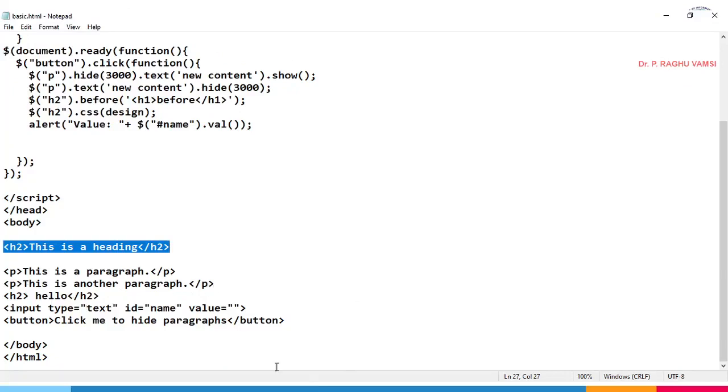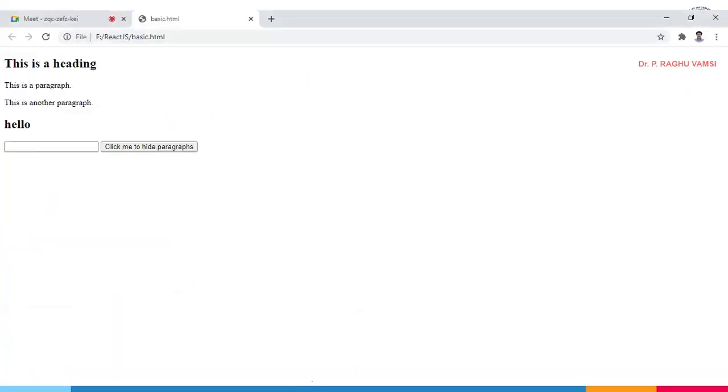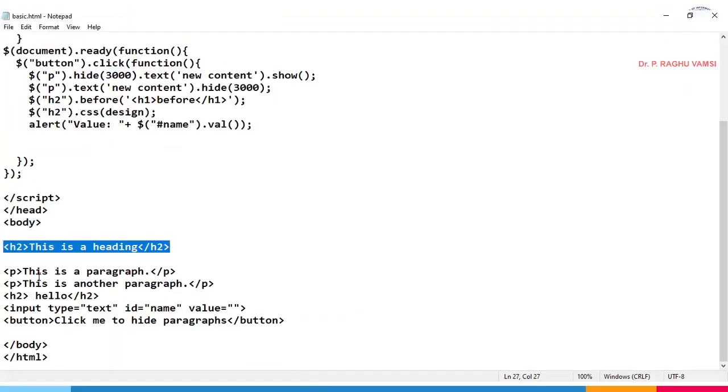Next is hello, which is in the h2 form. I have not written two different h2 styles in the next line somewhere, because it is to show that whatever h2 style is there in the entire page will be considered by this particular jQuery.